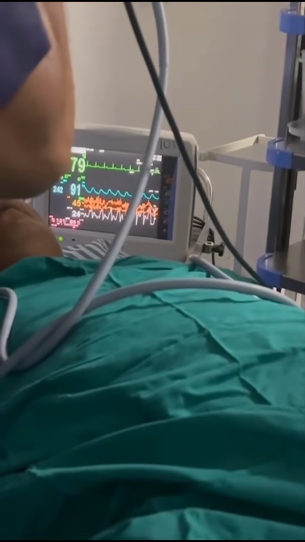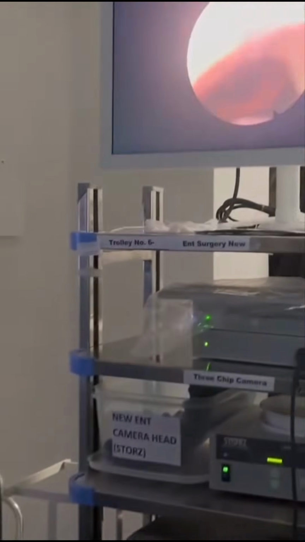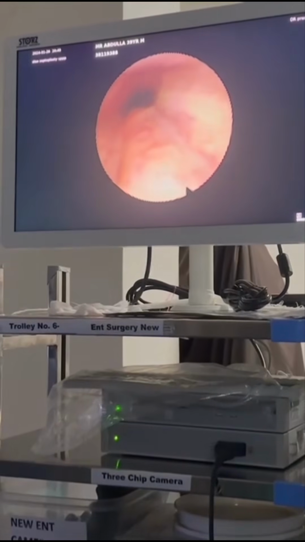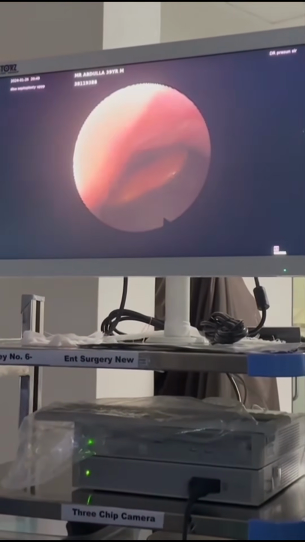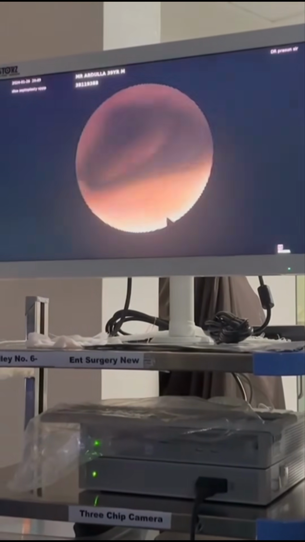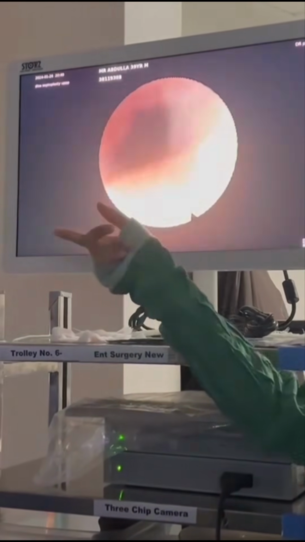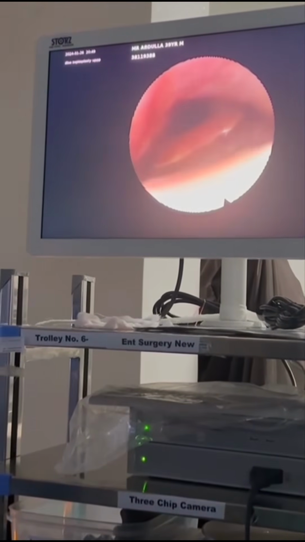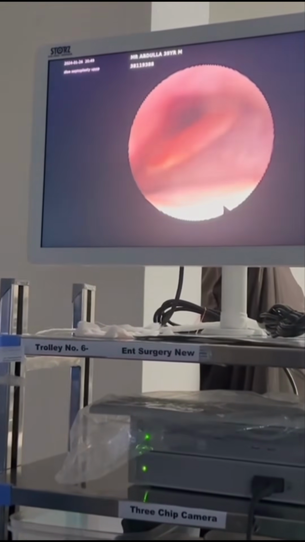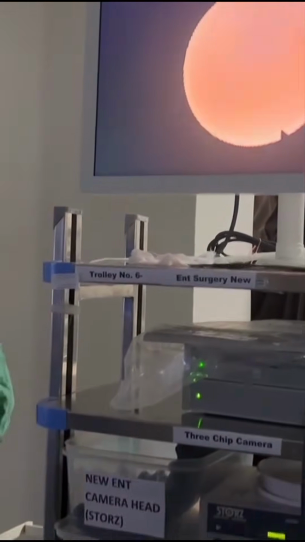Now he has started snoring, so the airway has opened up. So this is what we calculate as the AHI. In the AHI score, we are crossing the nasopharynx. This is the level of oropharynx. We need to look for, again, there is not much of lateral collapse. Antero-posterior collapse is more. Tongue base is a little bulky.